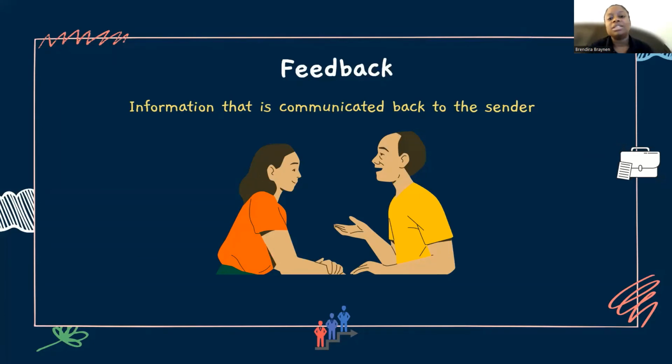Feedback is our final one, and that's just information that's communicated back to the sender. Like I said, maybe when I sent you the sale information, you didn't send me a response back, but the information I got from you is visual because I saw you in the store purchasing items on the sale. To me, that's still feedback telling me that my message was received successfully and that the channel I used got you, and that you responded positively by actually listening and coming to check out my sale. Okay, all of those are your five main elements of the communication process.